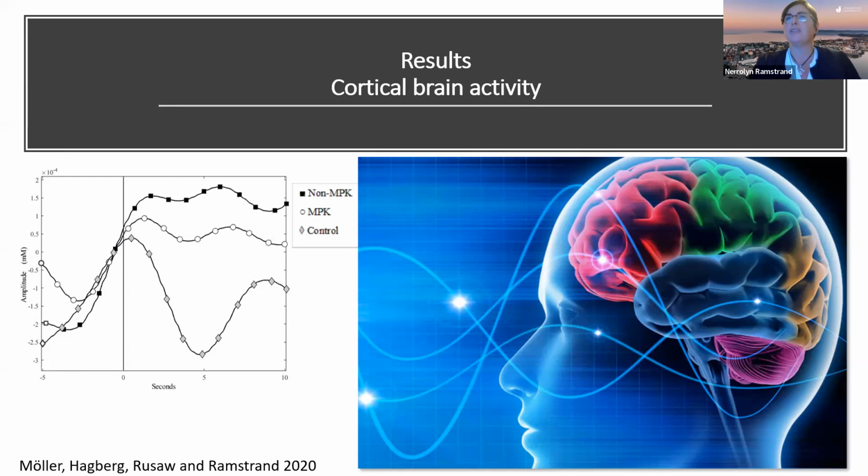And what we see is that our controls are our able-bodied individuals. So very little cognitive demand here. This is the concentration of oxygenated hemoglobin. Next, we have our microprocessor control group, and then we have our non-microprocessor control group. And we have significant differences here between our two groups. So what this is suggesting to us is that the microprocessor controlled knee group had less cognitive demand when walking as compared to the non-microprocessor control group.